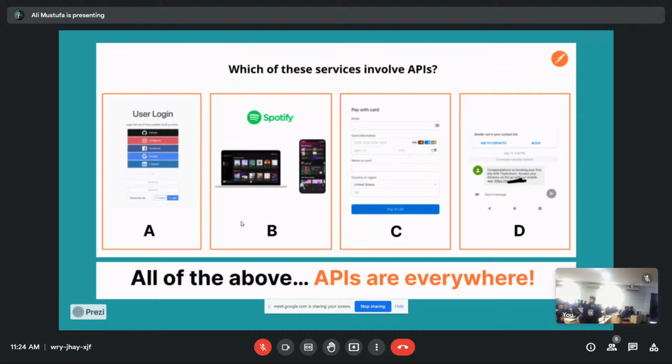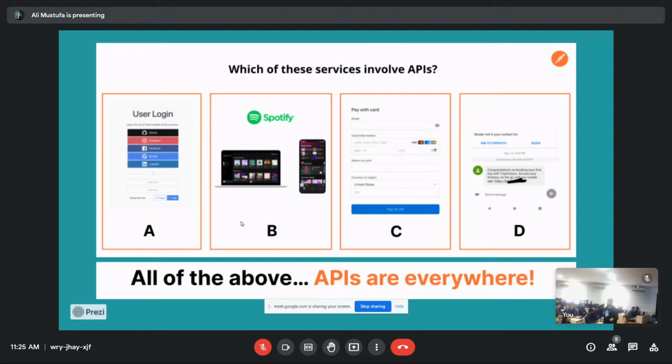But more or less, coming back to the point, Spotify. Let's say you want to build your own Spotify. Why do you use Spotify? Because you cannot license the songs yourself, right? Spotify licenses them and you can listen to them. The best part is you can use Spotify developer tools and integrate these songs into your own app as well, using Spotify's API. So you don't have to license the songs, you just have to use Spotify APIs and you can build on top of that. That's the power of Spotify APIs.